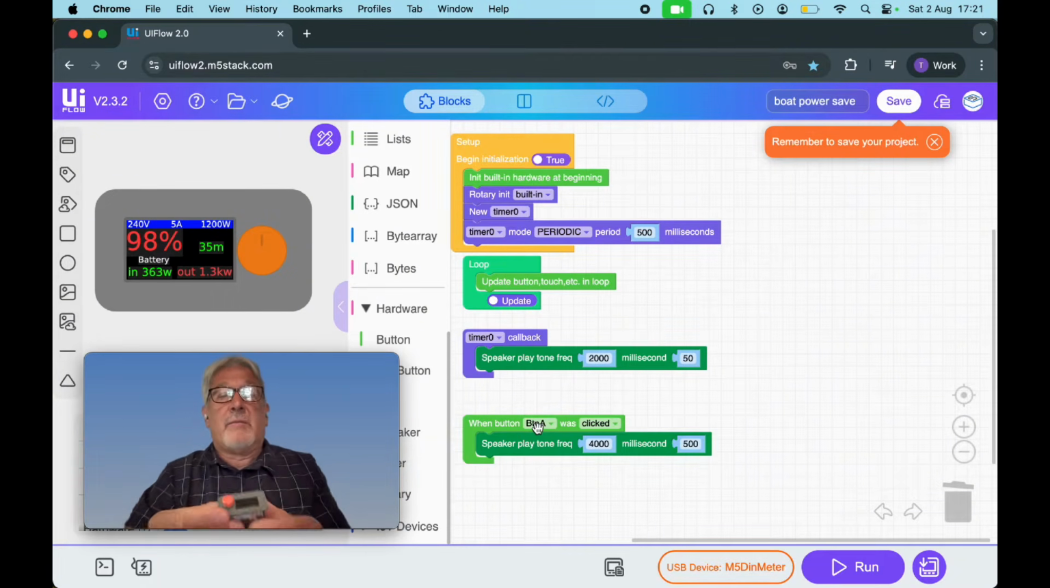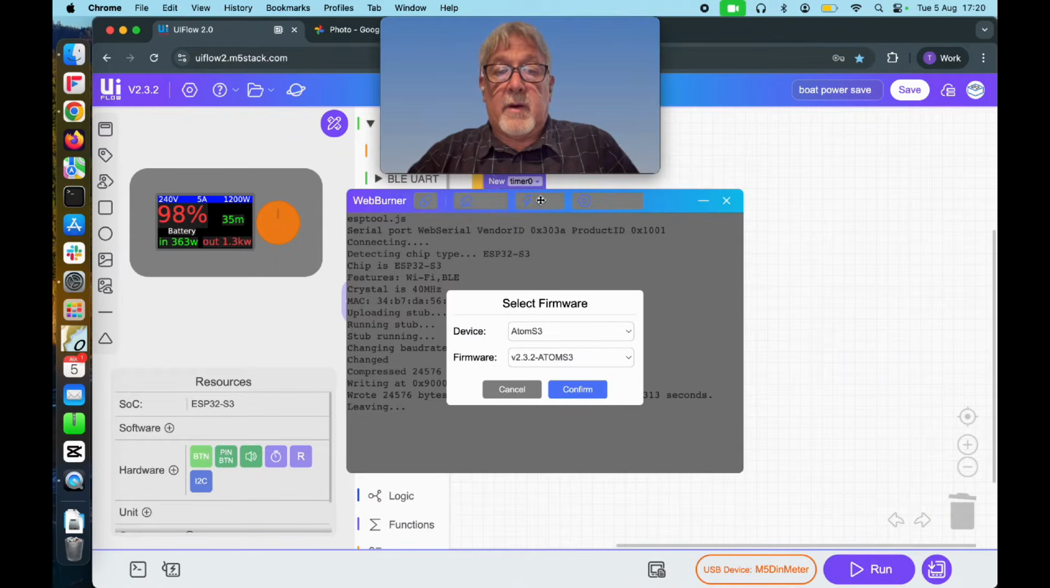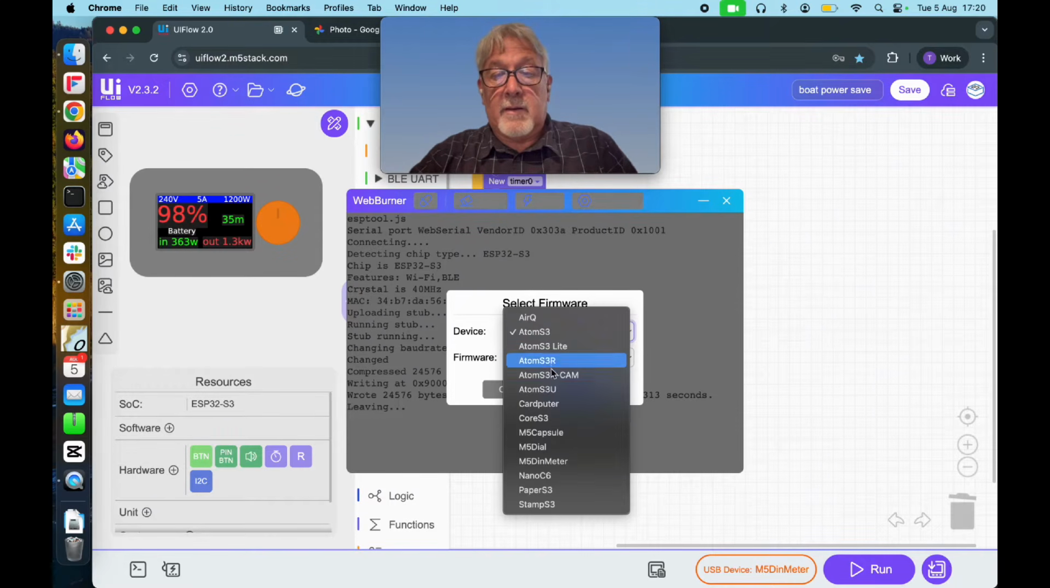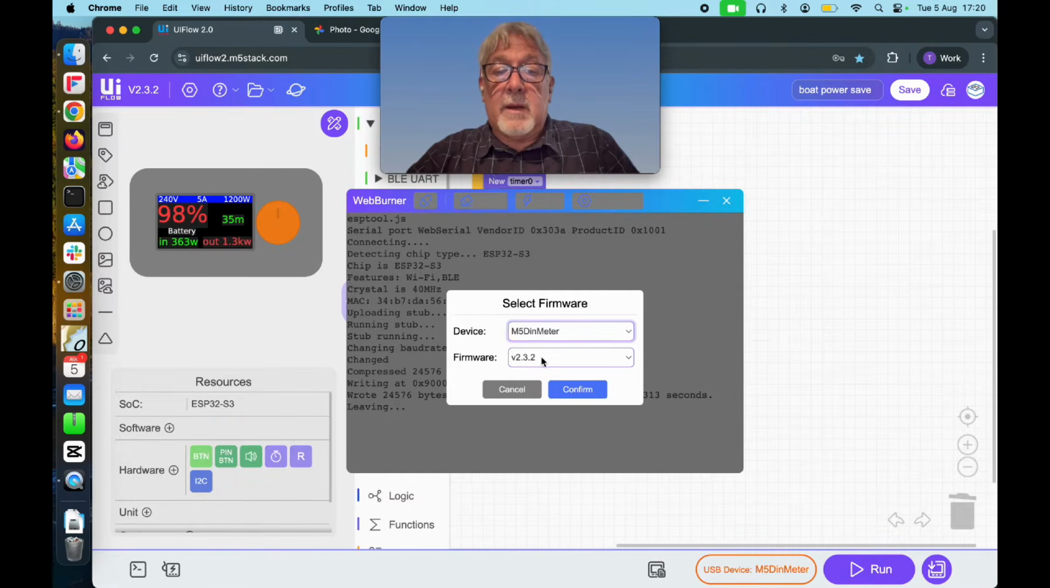I need to put in the runtime for MicroPython on, burn the device. It's not an Atom. It is an M5 DIN mini meter, and I select the firmware. So this is burning MicroPython onto my device I'm going to use for power monitoring. So I have to hit confirm,